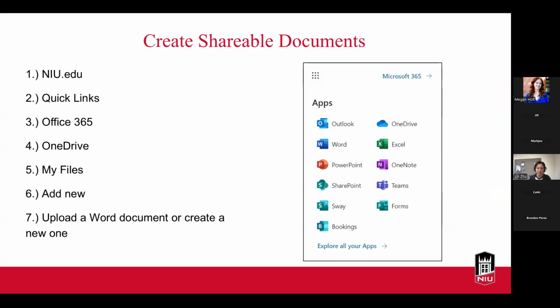And so you just go to niu.edu, quick links, Office 365. There's OneDrive, My Files, add new, and then you can upload a Word document or create a new one. So those are really just the basic steps. Now I know sometimes our website gets updates, so I can double check and make sure that's the exact steps